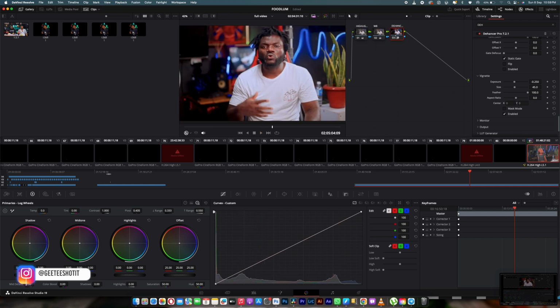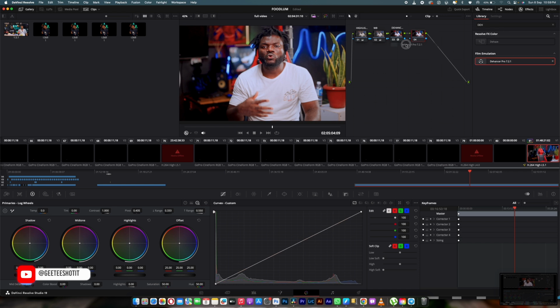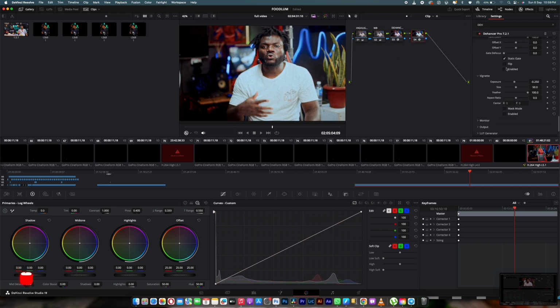So let me move from here to here. So that is how beautiful the Dehancer plugin is. As we have moved to this, you can add the Dehancer plugins again to a new layout where all you do is just